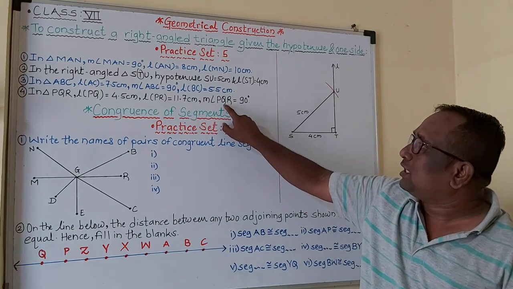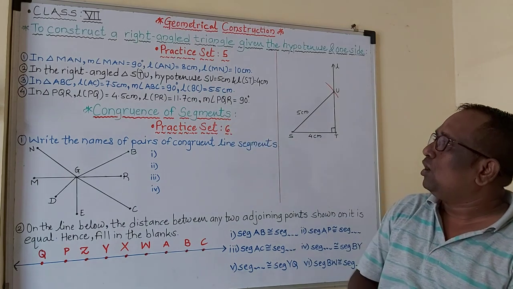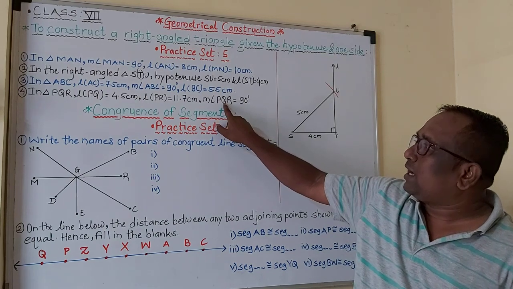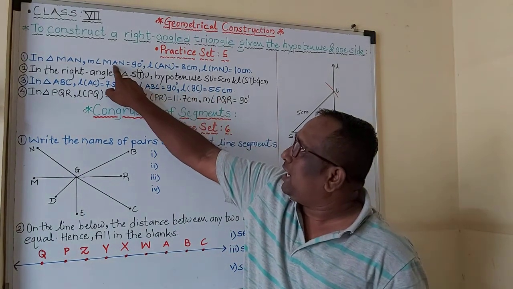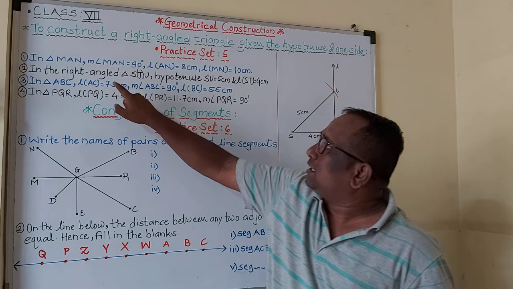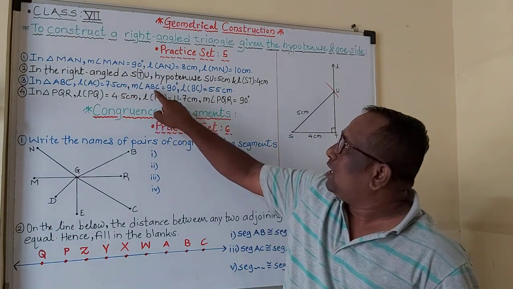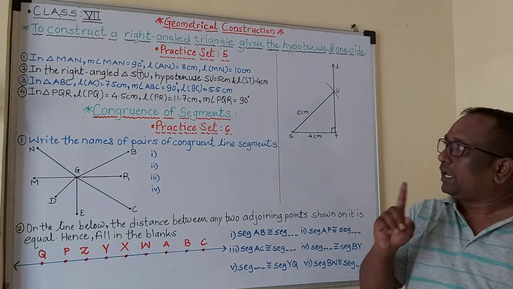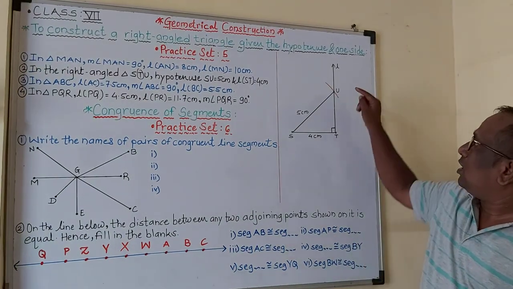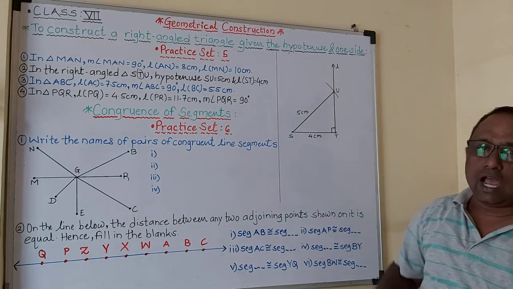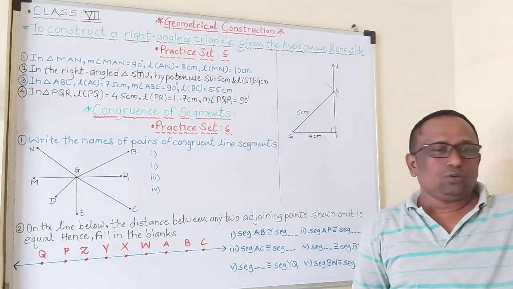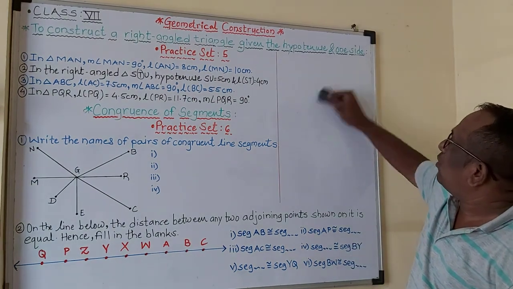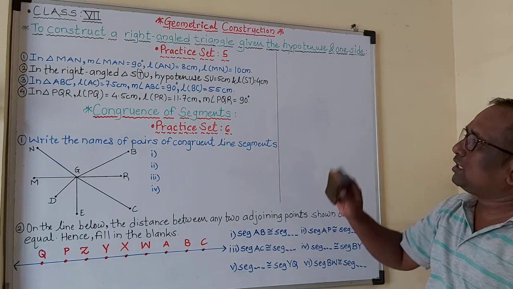So Q is a right angle here. So take proper measurement. Q should be your right angle here also. MNA should be your right angle, it's 90 degree. Then ABC, here B is your 90 degree, that is right angle. So take this in your mind: always the middle letter indicates the angle. Okay students, I hope you understand this. Now the construction part is over.